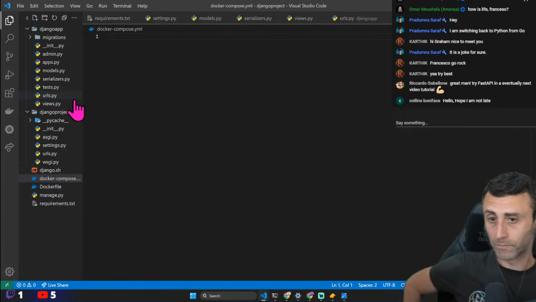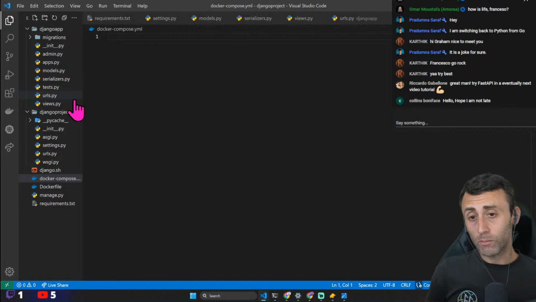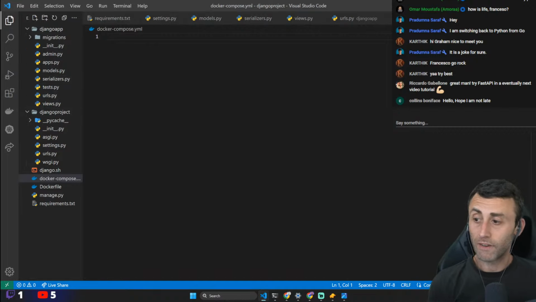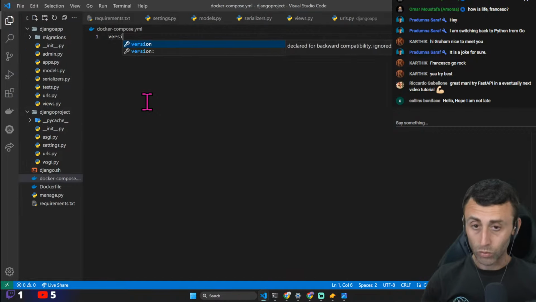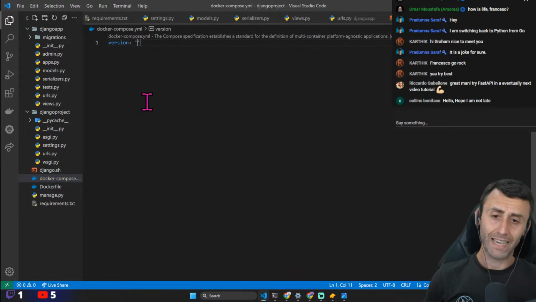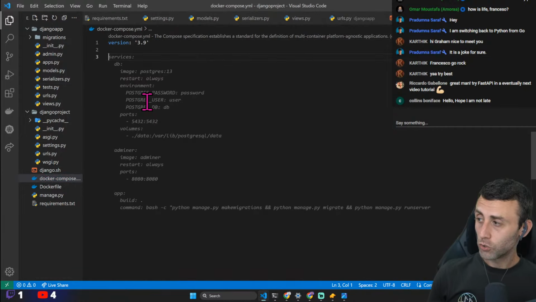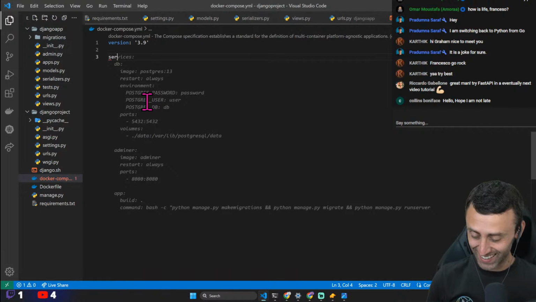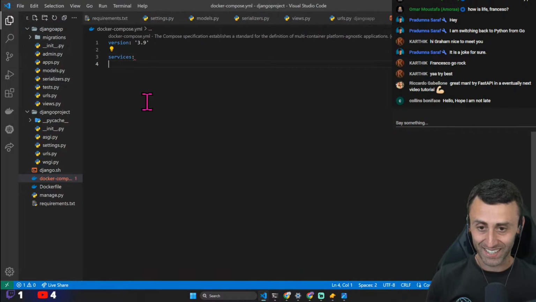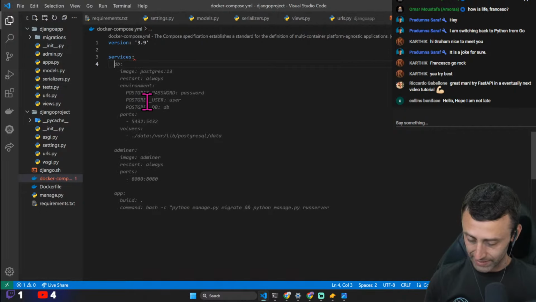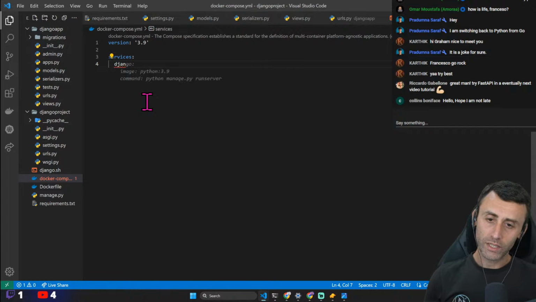docker-compose.yml. Nice. So a docker-compose file is a file, unsurprisingly, where we define some services. So we define first of all the version. Usually Copilot doesn't give me options. Of course, in this case, it gave me. So we want here to define